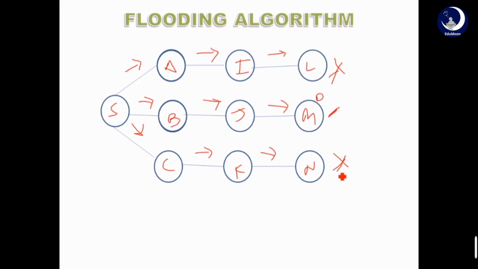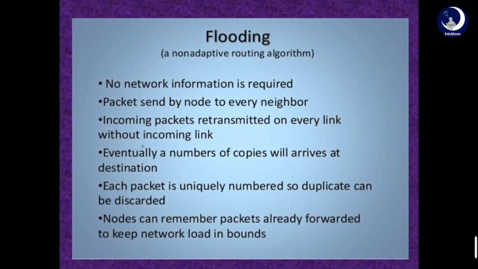So we can see that in flooding, every incoming packet is sent out on every outgoing line except the one which it arrived on. That's what we did here. It's sending the packet in all the other directions except the line from which it is receiving it. This is a non-adaptive routing algorithm. The disadvantage here is duplication of packets. The same packet is being transferred to each and every node. So this is the duplication of packets, which is the disadvantage. And the application is that it is used in military and distributed database systems.